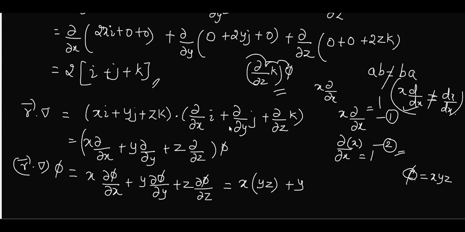When they told you about the commutative property for vectors in school or in college, those vectors had the coefficients of ijk as constant quantities. Am I clear? See, no doubt we don't have any of the properties to be proved in case of vectors in this topic. But this is very much clear to you. This property you are aware of, so isn't it that it is also going to be here? If I do r dot del or del dot r, I should get the same answer.